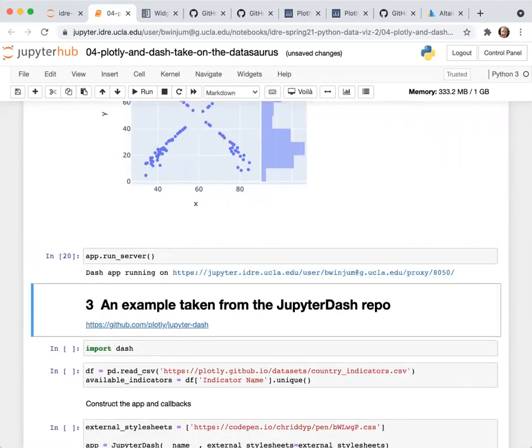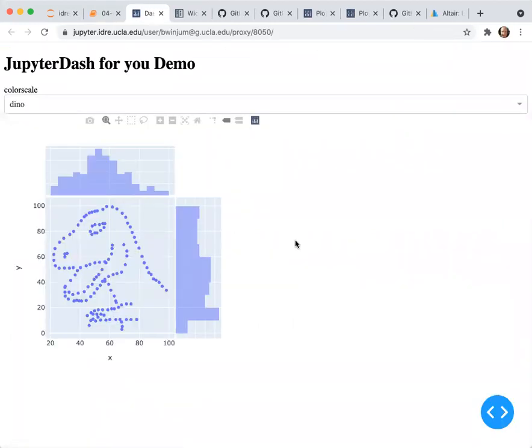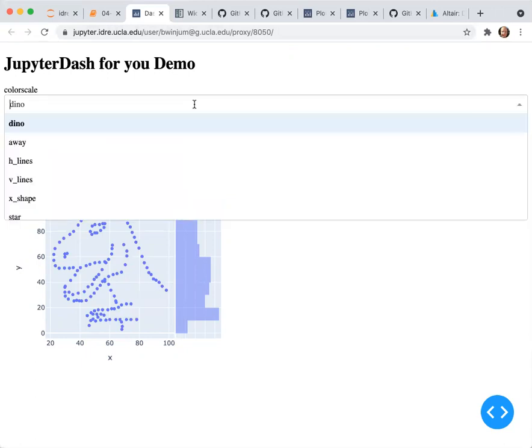You can also run this as a web application unrelated to the output cells inside of the notebook. So if you execute this one without the mode equal to inline, hopefully this works correctly for everyone, it will tell you that now there's a Dash app running. What this is doing is proxying the web page that's being generated. If you click on the link there, it should take you to a separate browser tab with that web address, which is the proxy address. And this is your little web server, the web page that's running on that server that you just generated.